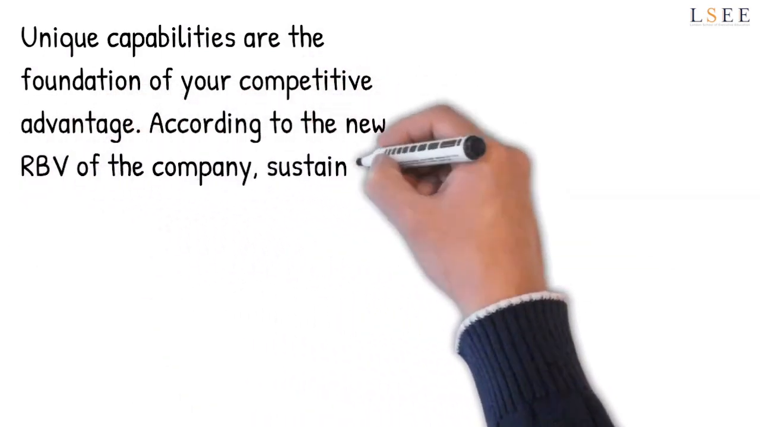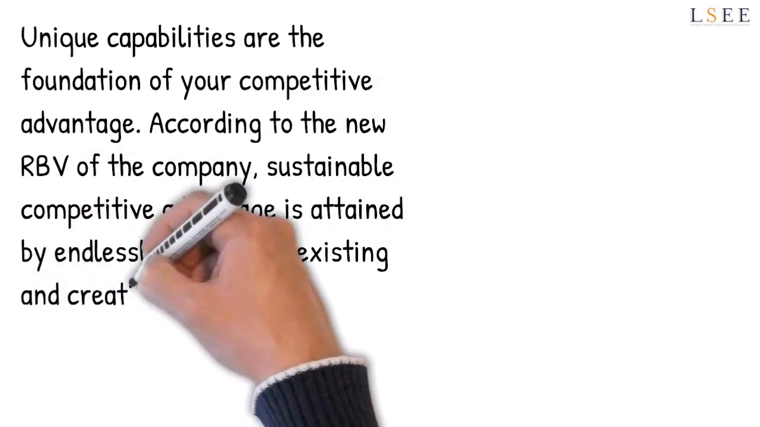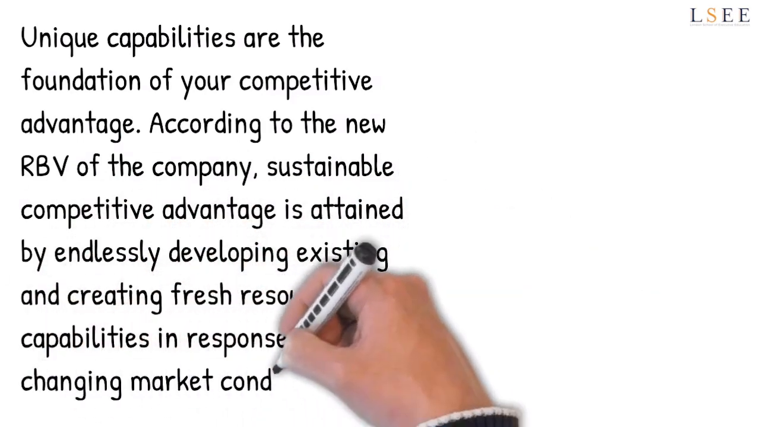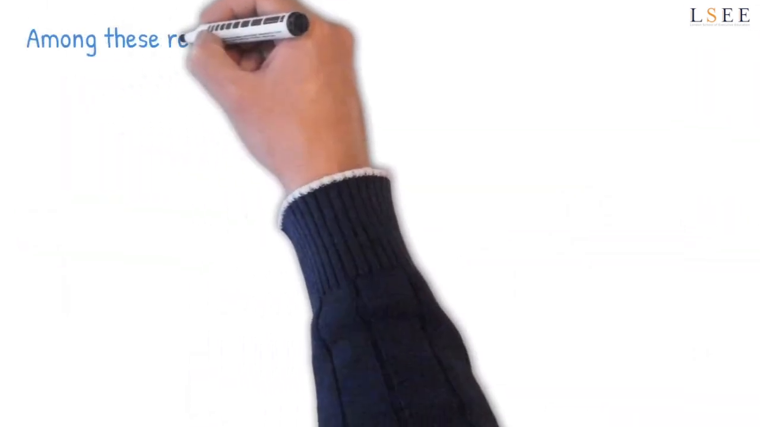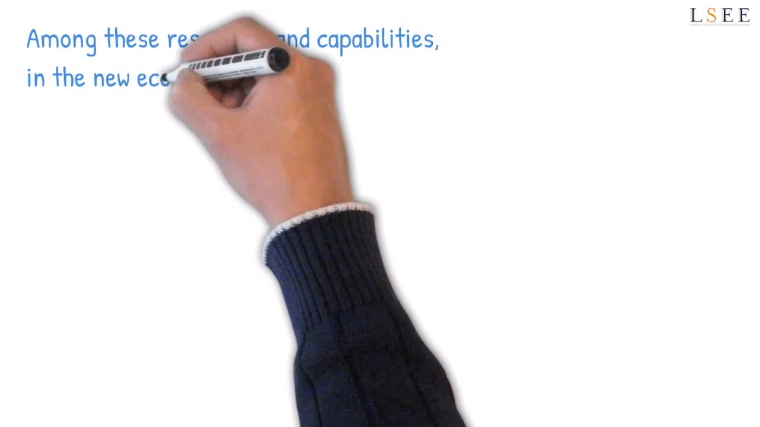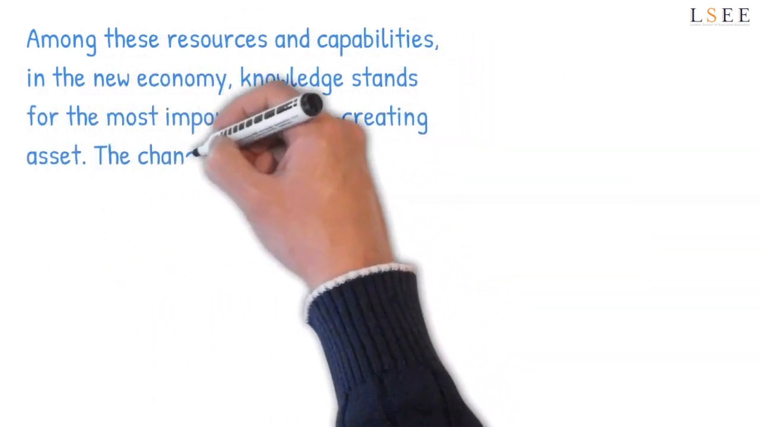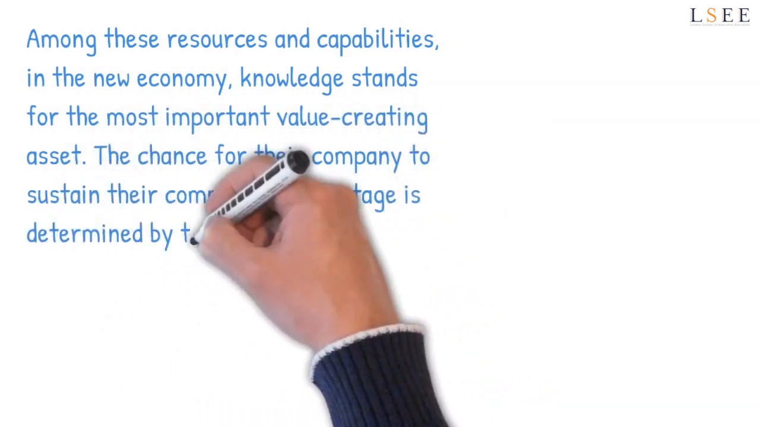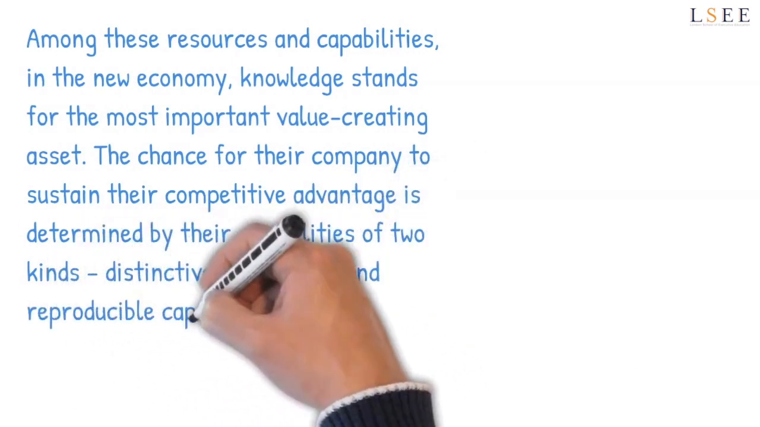According to the new RBV of the company, sustainable competitive advantage is attained by endlessly developing existing and creating fresh resources and capabilities in response to quickly changing market conditions. Among these resources and capabilities, in the new economy, knowledge stands for the most important value-creating asset. The chance for their company to sustain their competitive advantage is determined by their capabilities of two kinds: distinctive capabilities